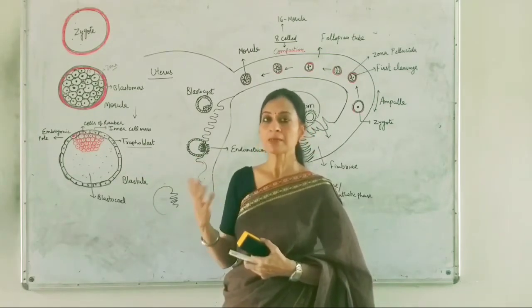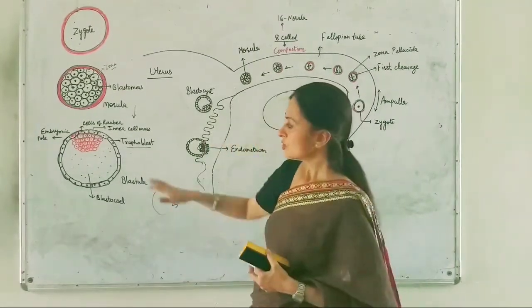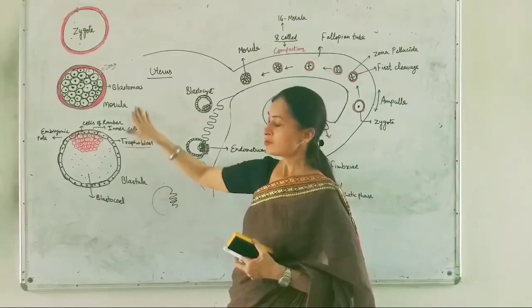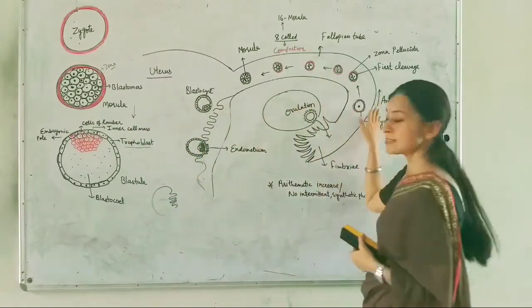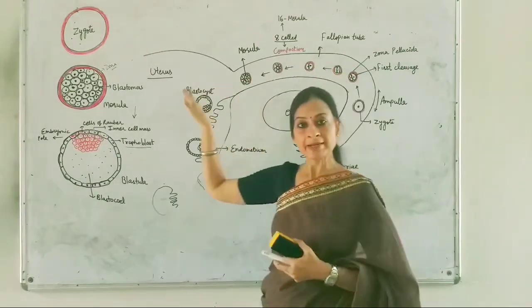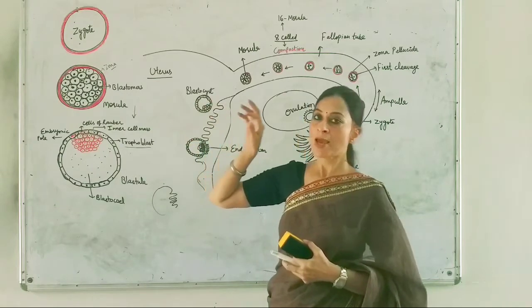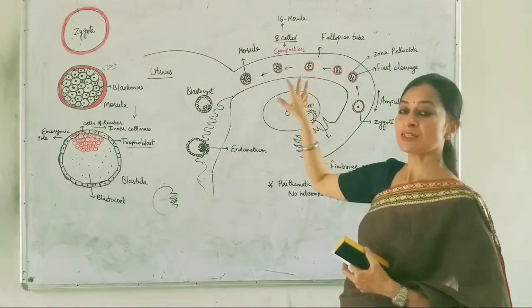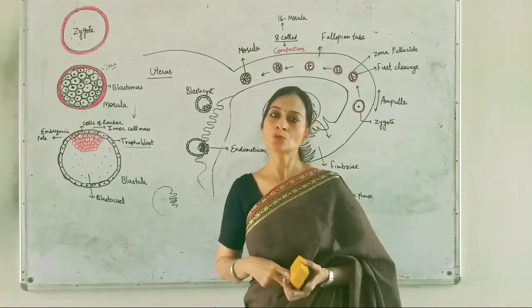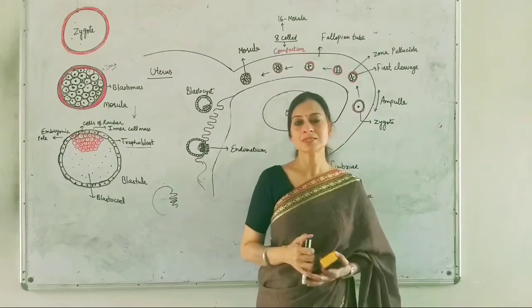That we will study in the further lectures. So this is the blastocyst, which is developed from the morula. Morula is developed because of the cleavage divisions, which are fast divisions, where the number of cells is increasing but the size of the cells is not increasing much. Okay, so I hope this is clear to you.